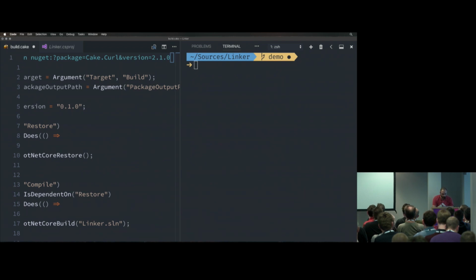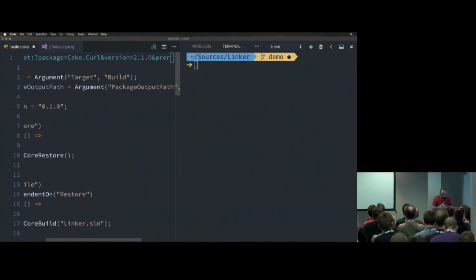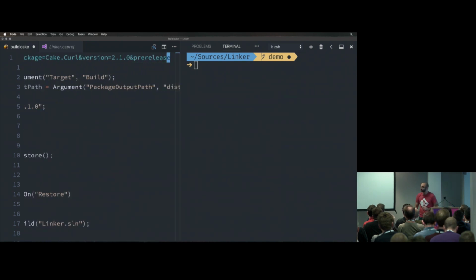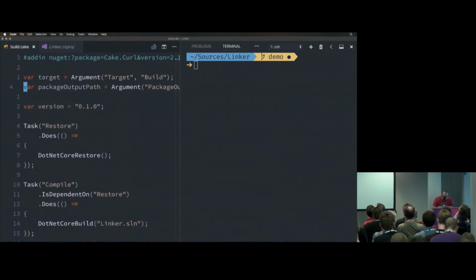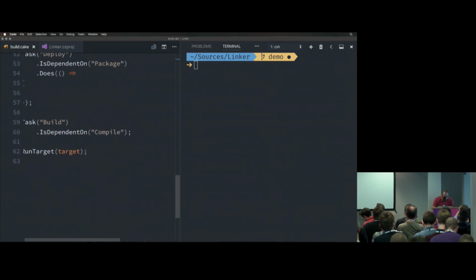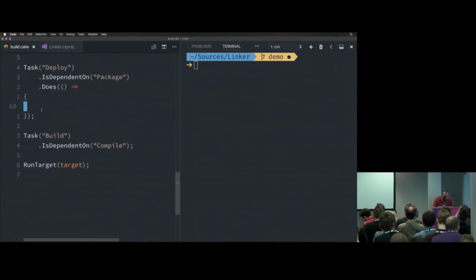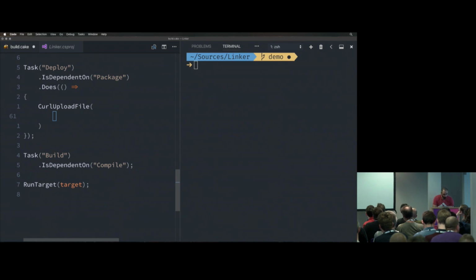And if you are feeling adventurous, you could say pre-release. And that means that it's going to download whatever unstable pre-release version of that package there is. Probably not going to ever want to do that, actually. So Cake is going to take care of downloading it and make whatever aliases are in that add-in available. There is one called curl upload file, which now becomes available. So the first parameter is what you want to upload. Well, I want to upload the package output path